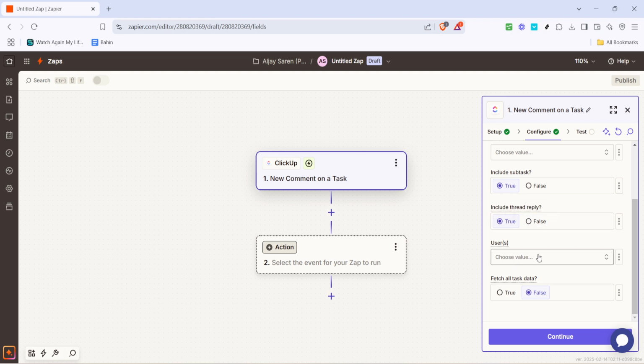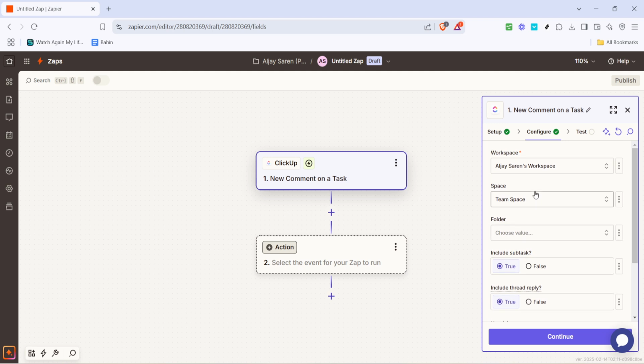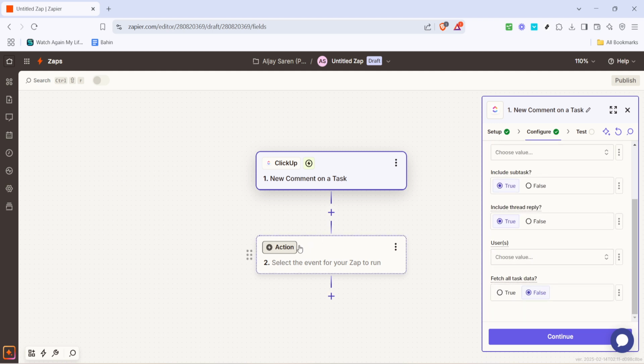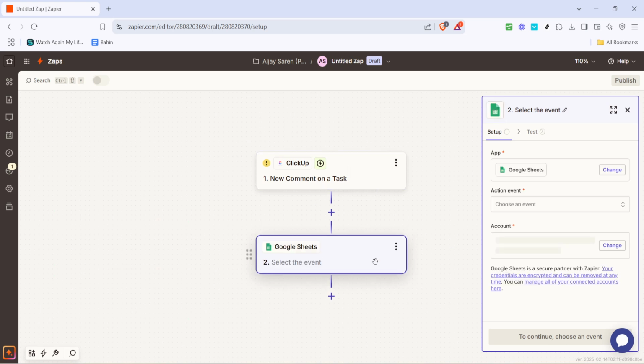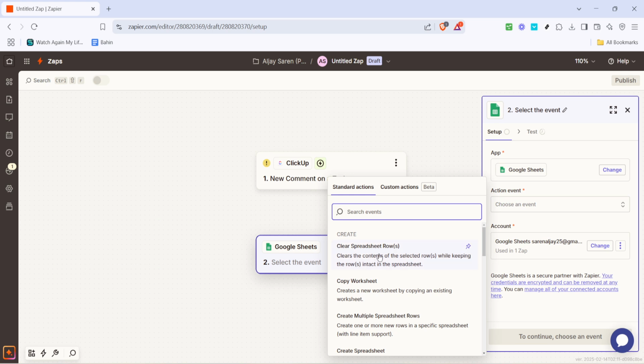This is where Google Sheets comes into play. Click on Action and search for Google Sheets. Select it as your action app and choose an event, such as creating a new row when a new task is generated in ClickUp. Similarly, connect your Google Sheets account to Zapier by selecting Connect Google Sheets and then clicking